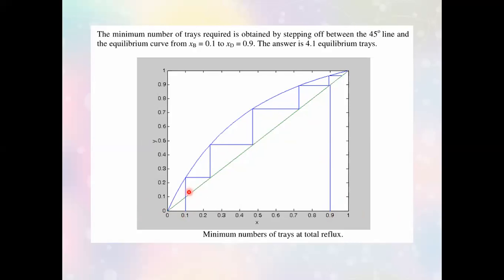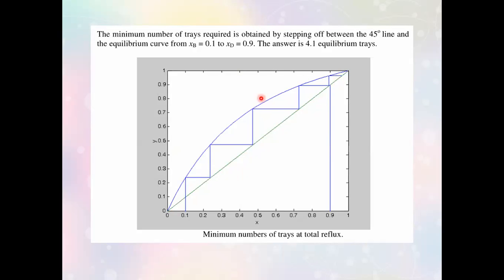Okay, so this is not the exact graph, just an approximation of how you will determine the minimum number of stages. Determining the minimum number of stages does not require that you draw the operating lines and the feed line. As you can see, you don't see any construction lines here except the 45-degree line. This is how you determine it using the graphical approach.